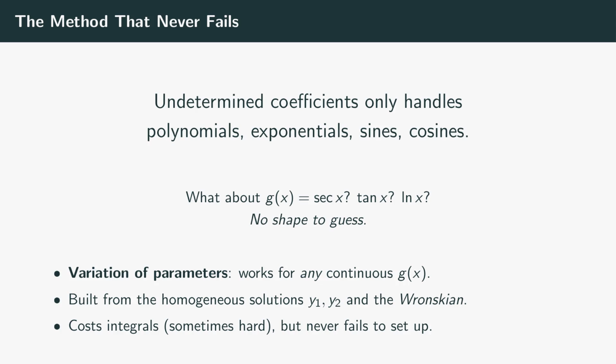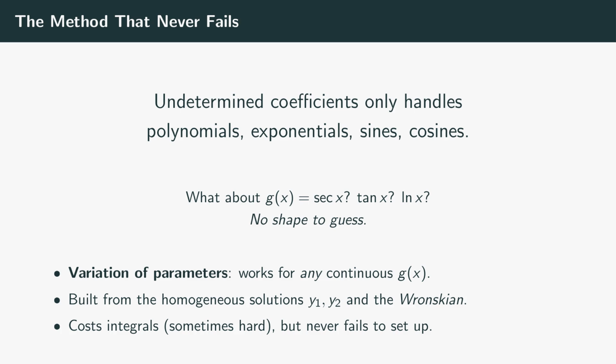Welcome back. Last episode we learned undetermined coefficients, a fast way to find a particular solution by guessing its form. But that speed came with a strict condition. The forcing term had to be a polynomial, an exponential, or a sine or cosine, a function whose shape you could anticipate. The instant the forcing is something like secant x, or tangent x, or the natural log of x,